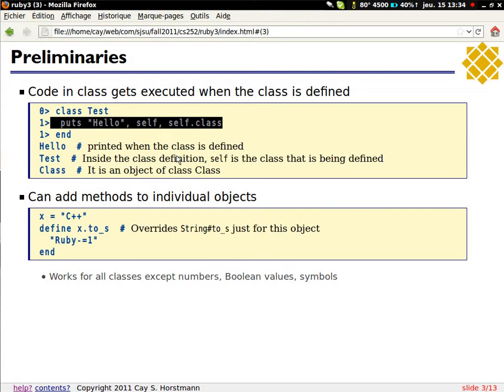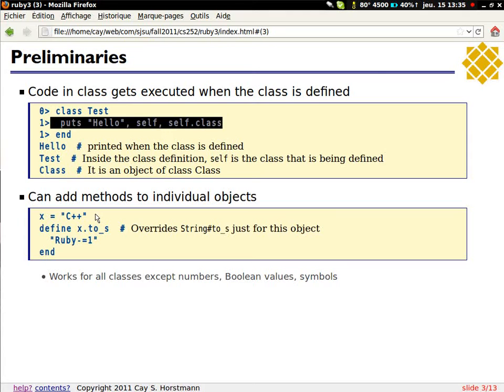The next thing is that you can add methods to individual objects. Actually, no, we haven't seen that. That's new. Here's how you do it. I have an object x, a string object, which I initialize with C++. Now I can add a method to this individual object, x.to_s, a method that operates on x.